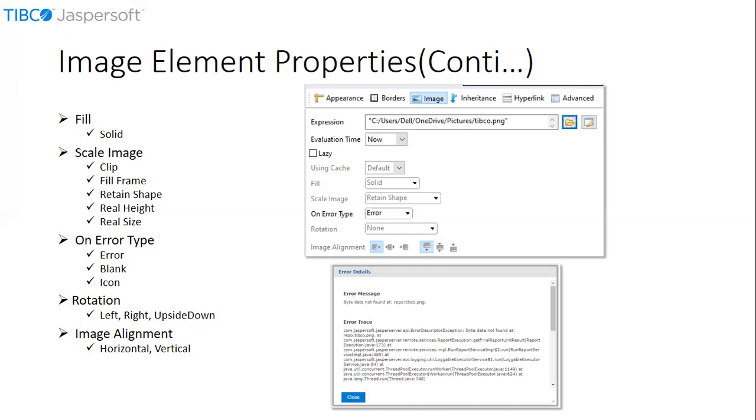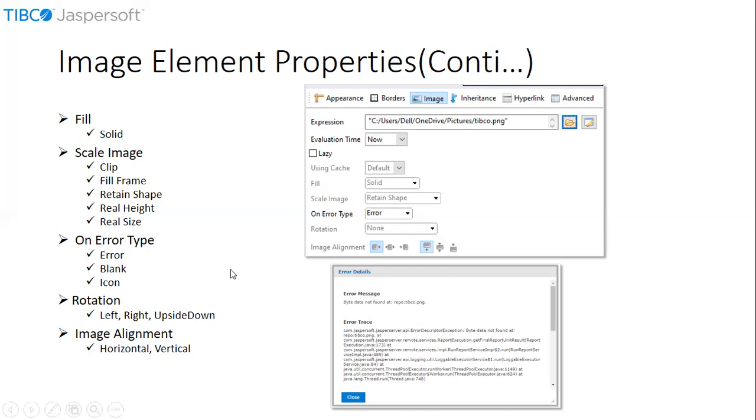Horizontal alignment specifies the horizontal alignment, and the possible values are left, center, and right. Vertical alignment specifies the vertical alignment. The possible values for this one are top, middle, and bottom.